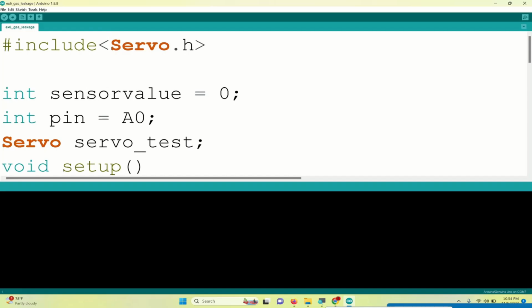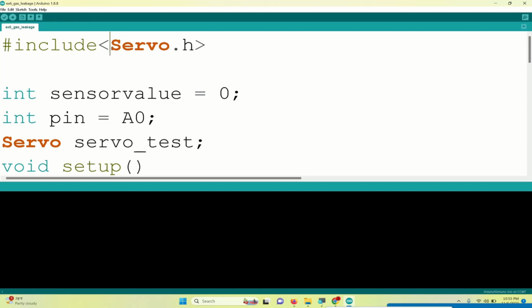Here we are going to detect the leakage of gas. Once the leakage has been detected, we are going to trigger a servo motor. That servo motor is going to rotate as per the angle. That rotation helps to close the cylinder knob. That closing will immediately stop the supply of gas, and thus this implementation will prevent a huge accident during the